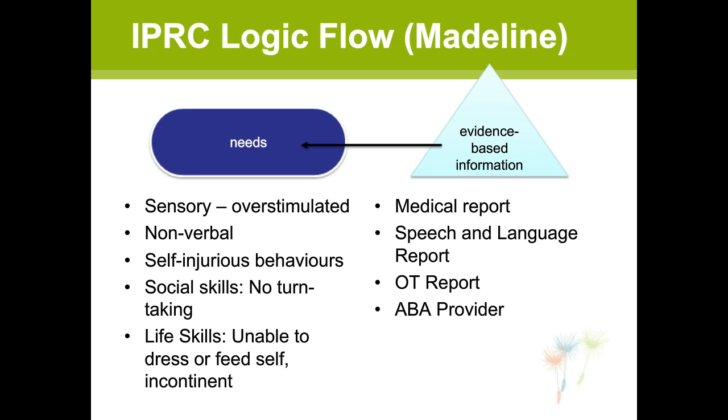An OT tends to talk about, in autism, sensory things, and language people tend to talk about language, and ABA people tend to talk about behavior. And along that line, educators tend to be strong in talking about things that are involved with teaching, right? Now, there is blurriness. There's blurriness, for instance, between an ABA provider and a teacher. But everyone has a competence. And from that, we see a series of needs that are clear, come from the evidence, and like the case of Emily, are self-evident, right?